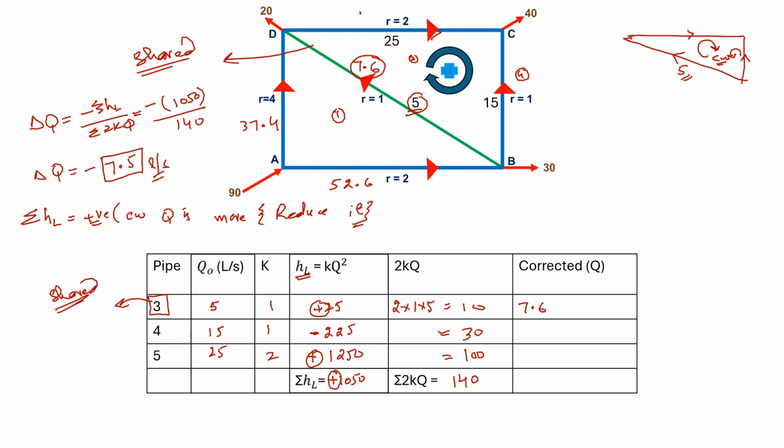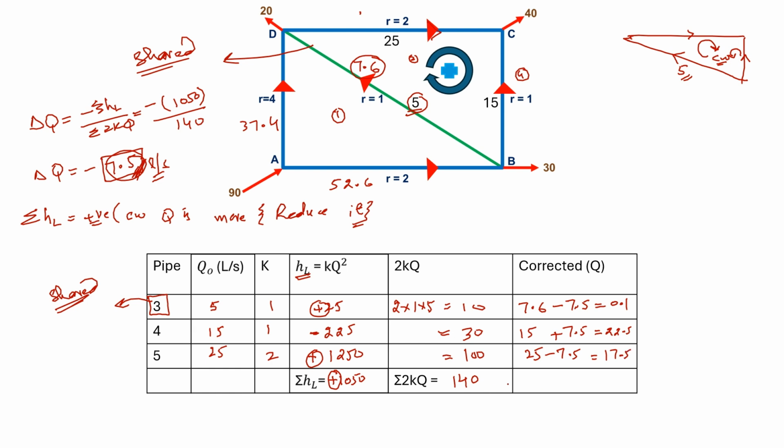Because this is positive, this is clockwise, we will subtract this 7.5. Don't consider this negative sign. So subtract this from clockwise values and add this 7.5 to the counterclockwise value, which is 15. So it will be 0.1, it will be 22.5, and it will be